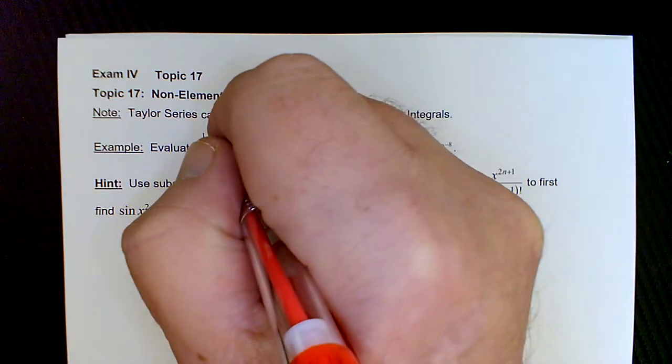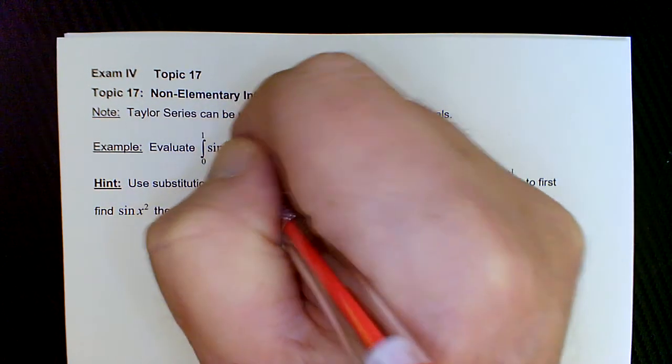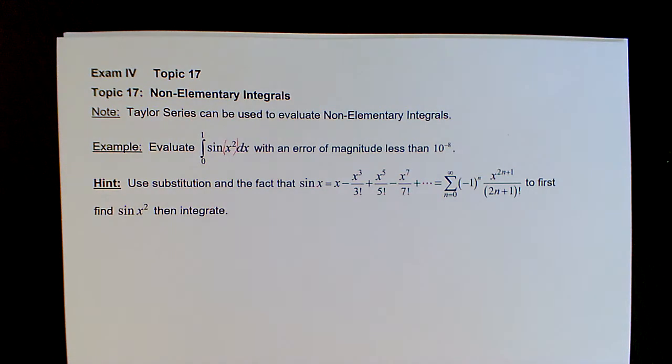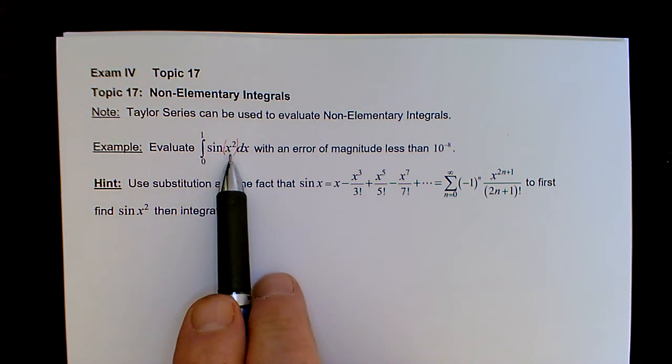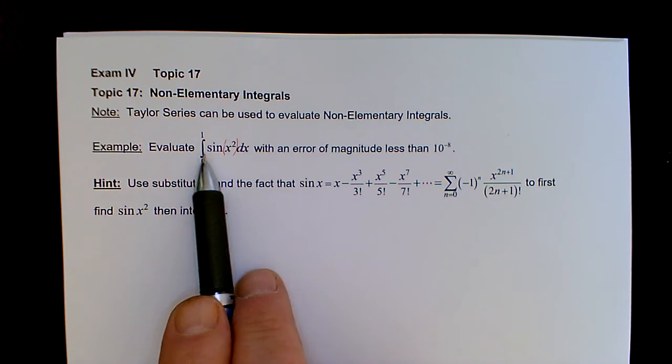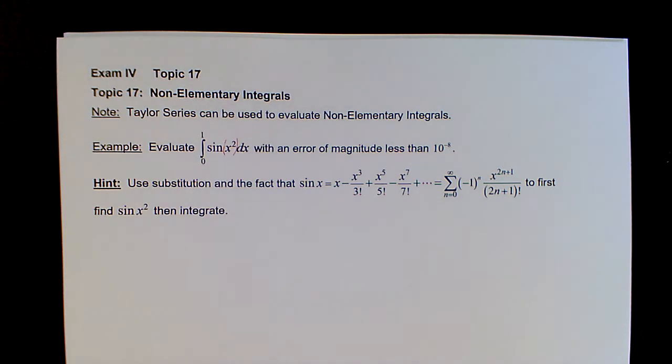If you wanted to put some parentheses around the x squared you could, but it's not necessary. The x squared is the argument that belongs to the sine function. Imagine what you would try here. Basic u substitution fails for the sine of u because the derivative of x squared is 2x, and in differential form 2x dx, but there's no x in there to help satisfy the du. So therefore,